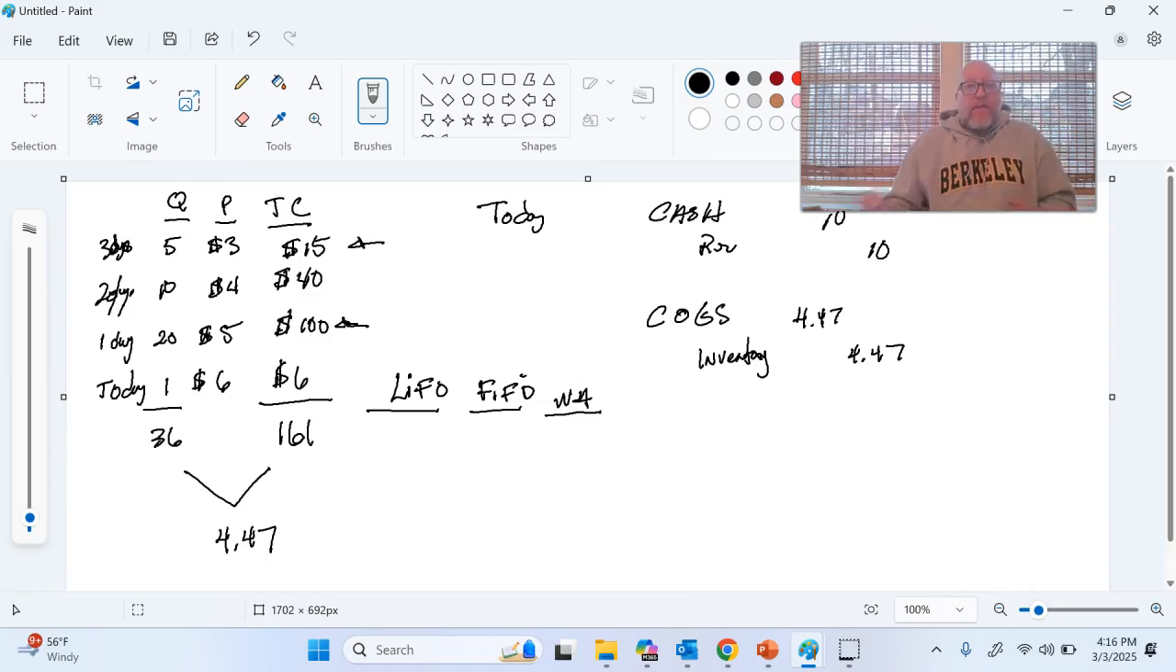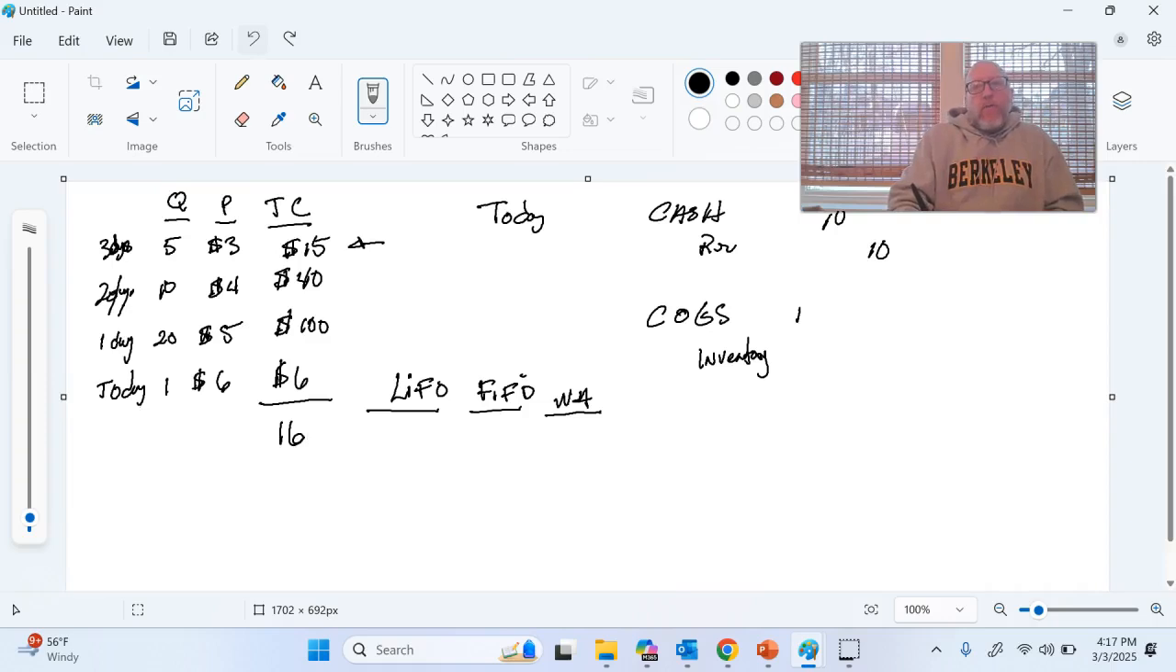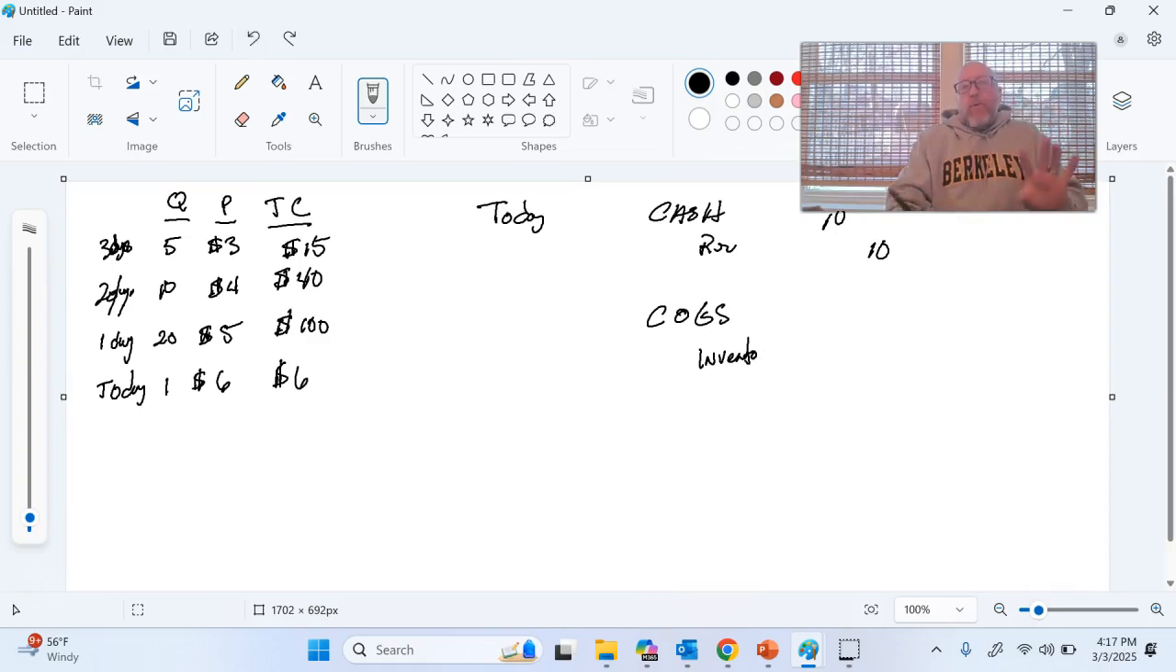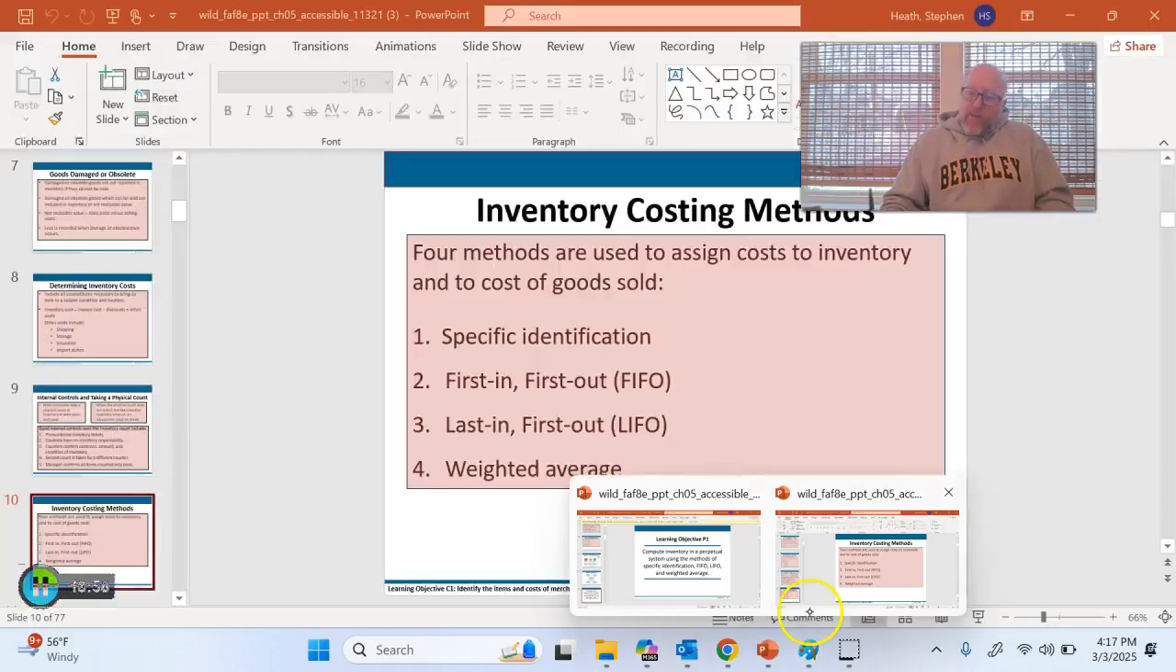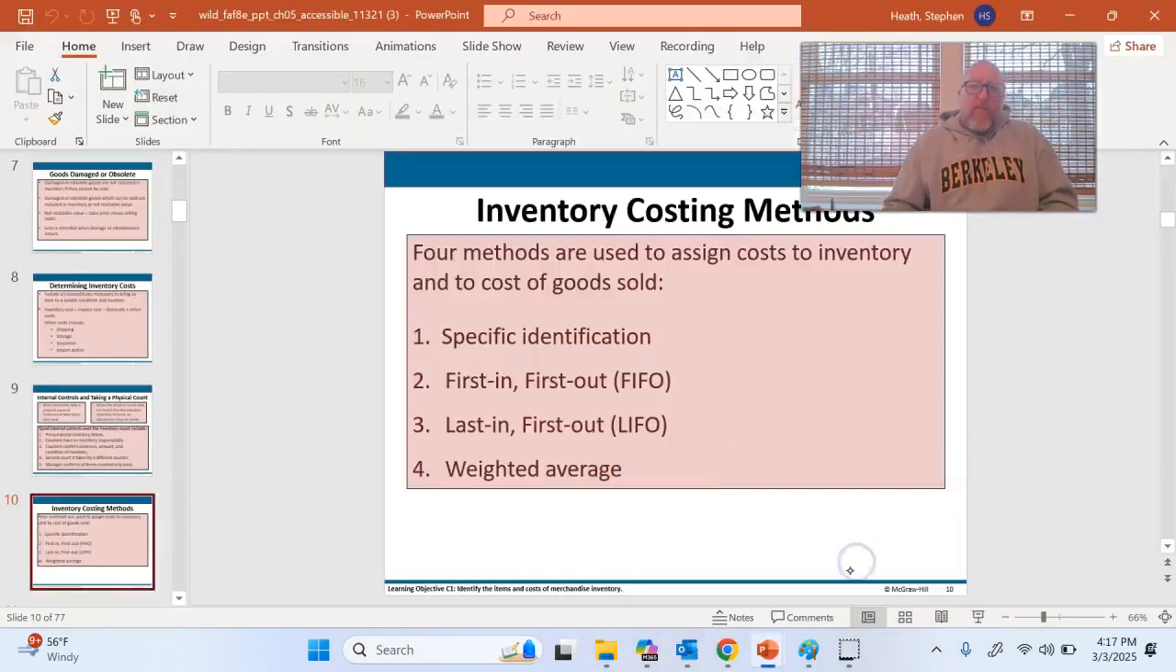But these are the three methods that we would use when we are trying to quantify the cost of inventory when the products are homogeneous. If you remember the PowerPoint slides, there were four methods. The first one is specific identification, and that wouldn't be a good one